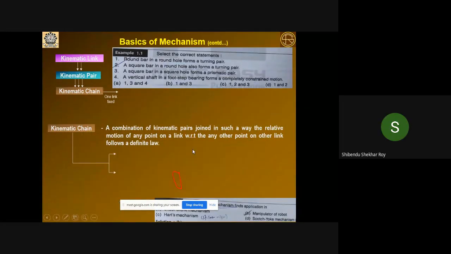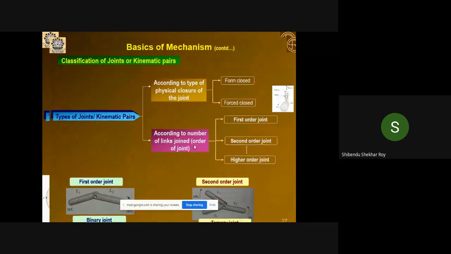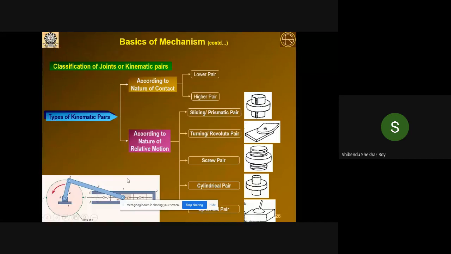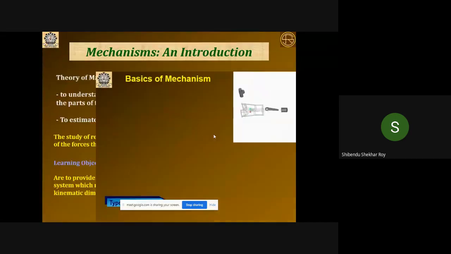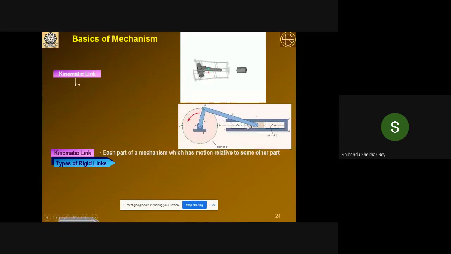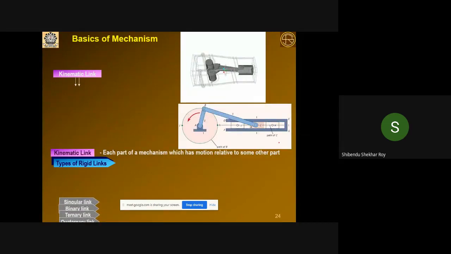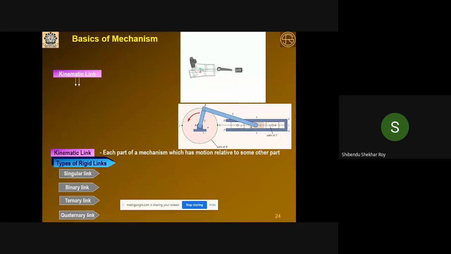So this is the slider crank mechanism, no? You just see, this is the slider crank mechanism, or you can see it here with animation. It will be more clear. Now tell me what is your problem. In the slider crank mechanism, there is the fixed link. This is the fixed link, the base.